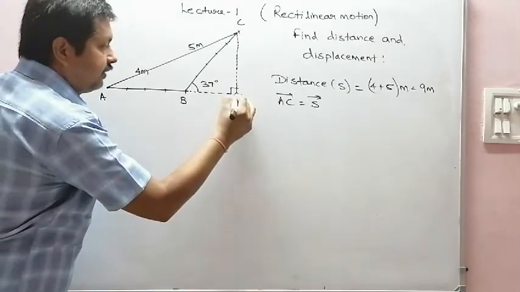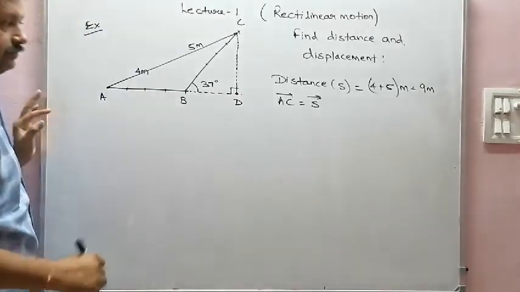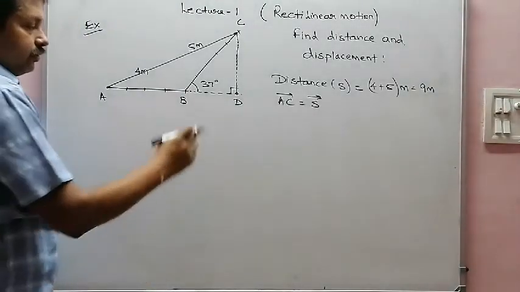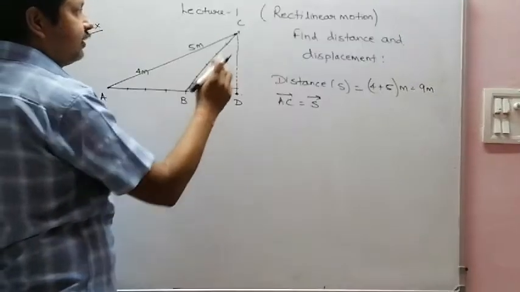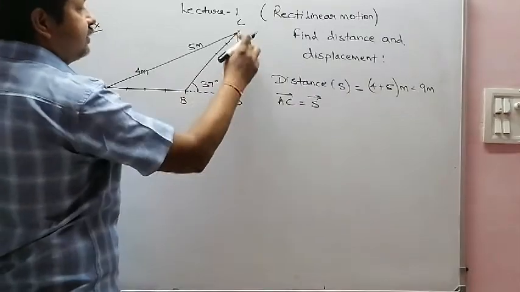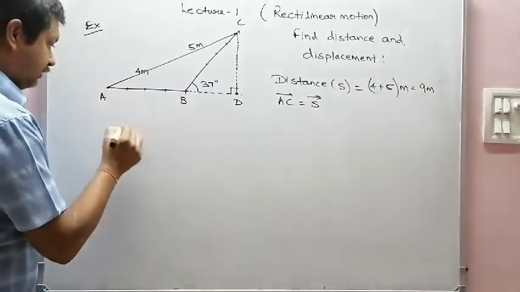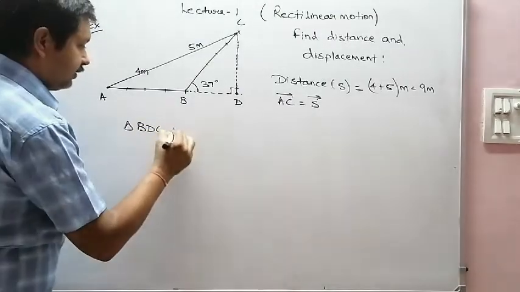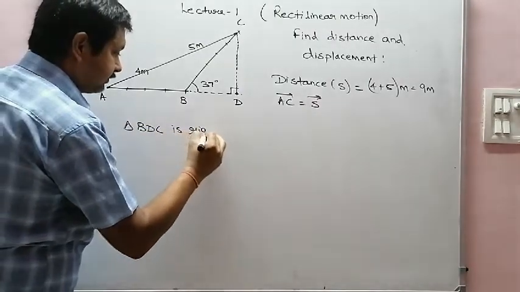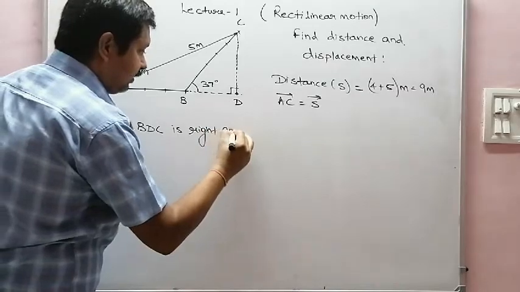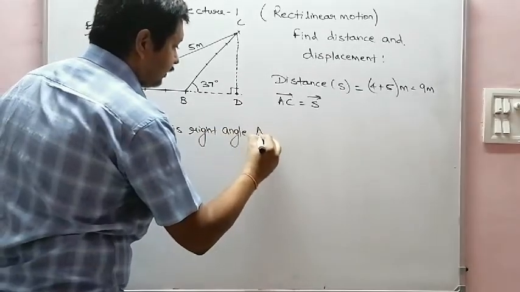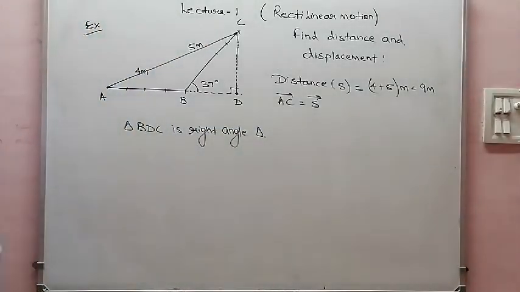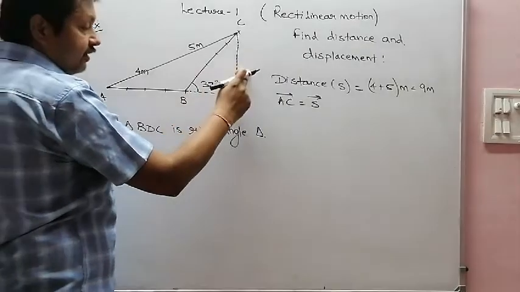Let this point be D. So triangle BDC is a right triangle. Triangle BDC is a right angled triangle. The side which is